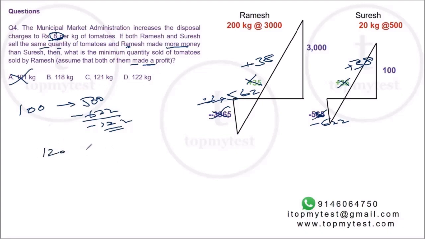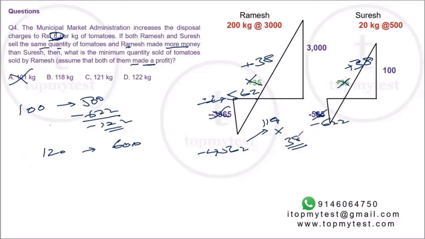Now let's see what happens at 120 kilos because that's very close to this. At 120 kilos, he is going to make a profit of 6 into 100, 600. 6 lots of 20 kilos each, so 600. From 4562 at 1, he has increased it by 119. 119 into 38. Even if you take 40, 109 into 40, that's only 4,400. So Ramesh does not make a profit at 120.